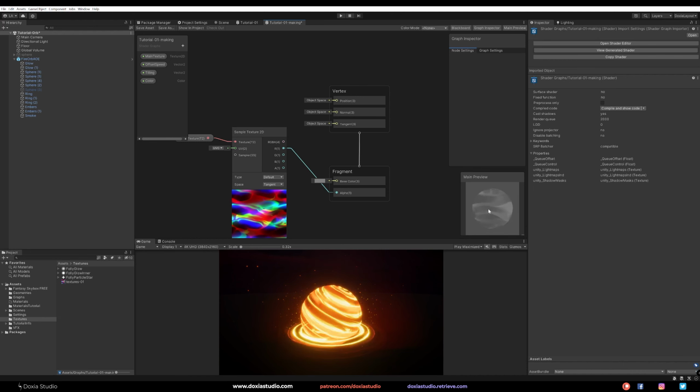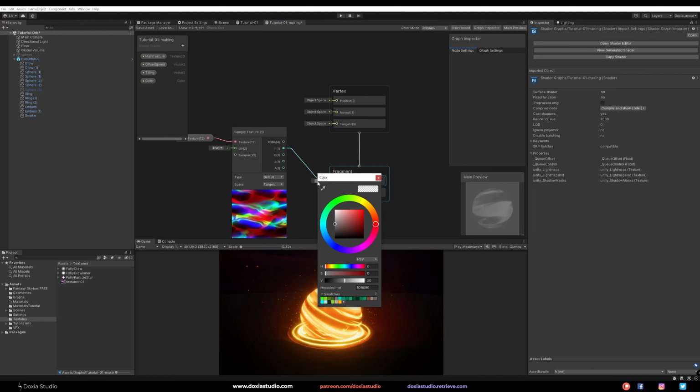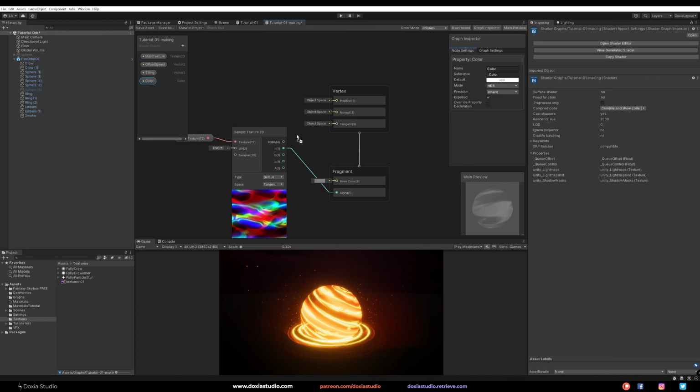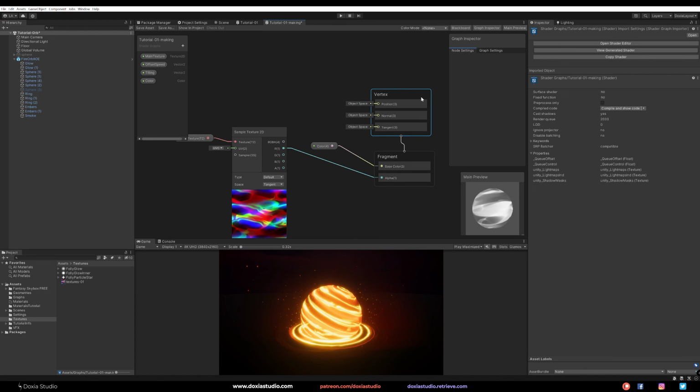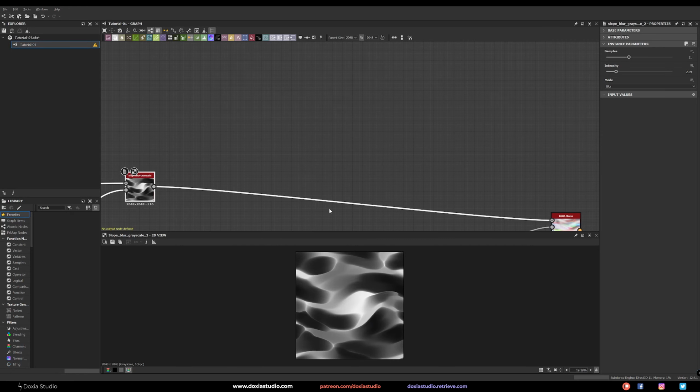I like to use a sphere because our final result will be a sphere, so it's good to see this here. I change the color. Let's bring this color here and change to base color. Pretty simple, and we have something really cool here. So we are using the R channel, so that means that we are using this one.